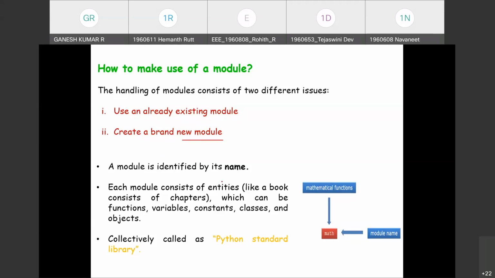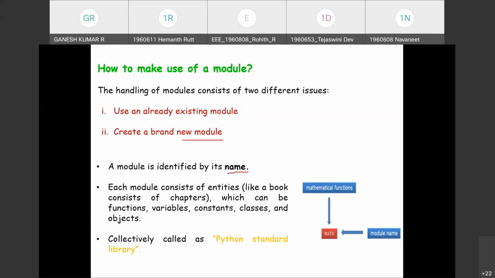So a module is identified by a name. Every module will have a default name, and it is supported with a large number of entities, like chapters in a book. A book is a composition of various chapters. When you open your book, the first page will be a preface, followed by contents, introduction, several chapters, and at the end conclusion and appendix.